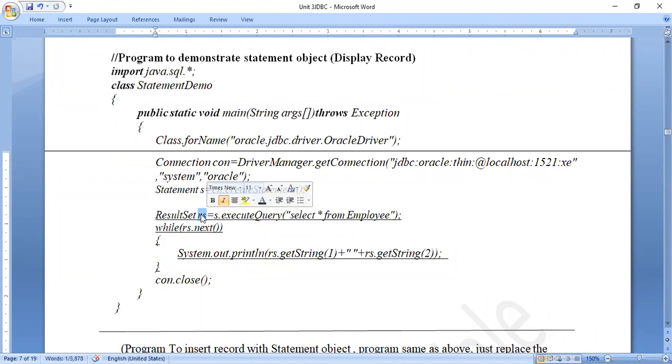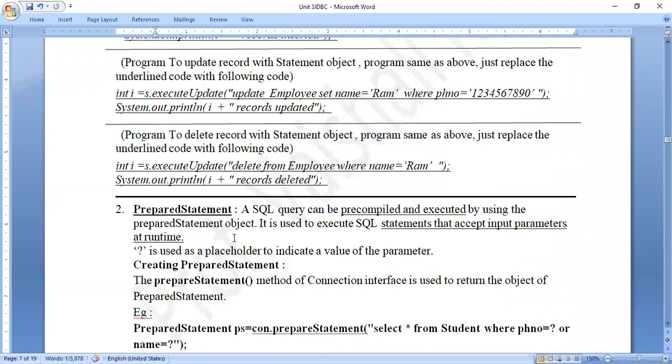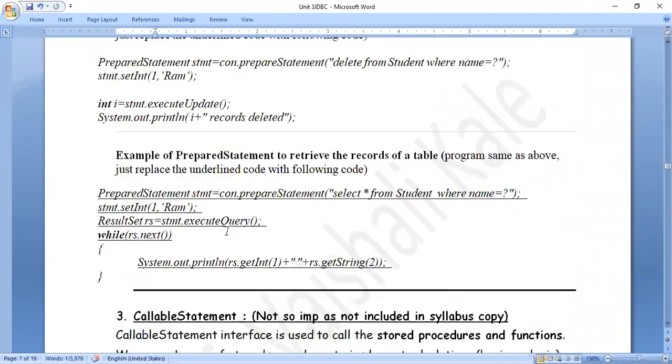That means it cannot move in the backward direction. It can move only in the forward direction. The second quality my result set has is it is non-updatable. That means we can only view the values. We cannot update the values through this result set. So in case I want to update, then I have to pass another constant to it. So let us see how to pass that constant.